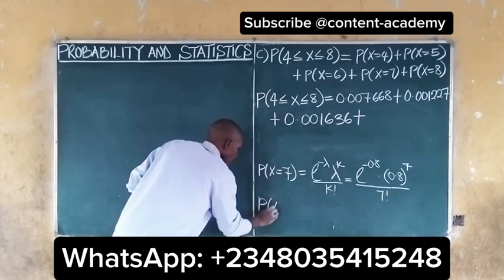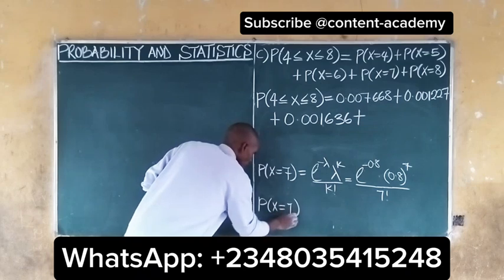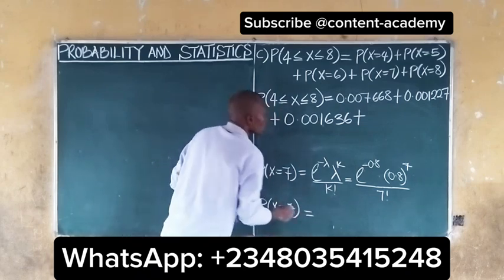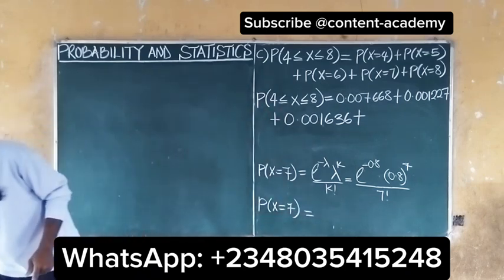So the probability that x is equal to 7 will be equal to, now we have